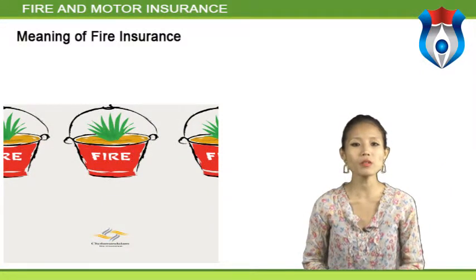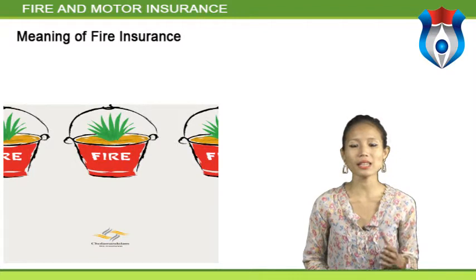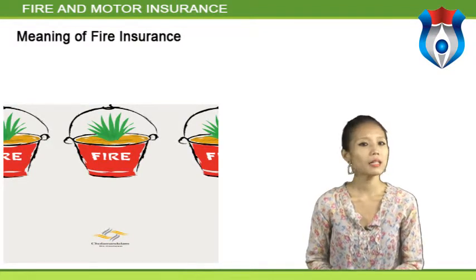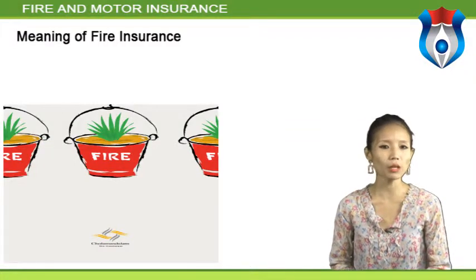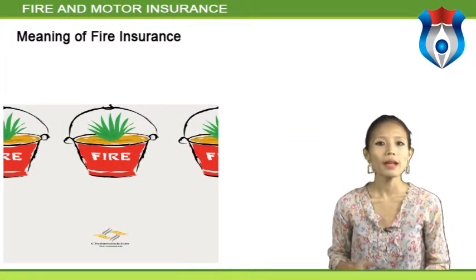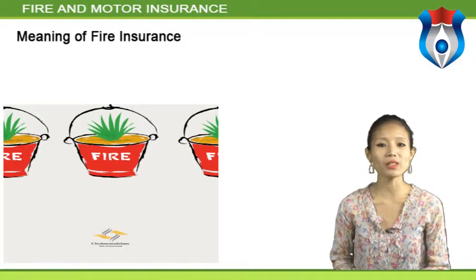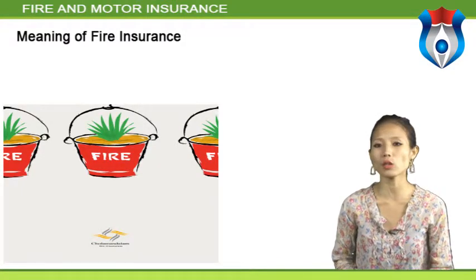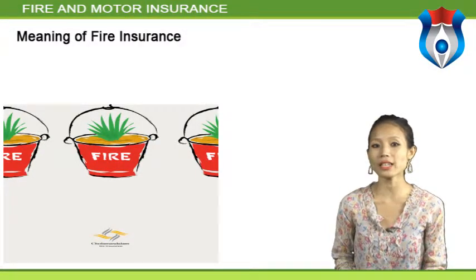Meaning of fire insurance. The term fire in fire insurance is interpreted in the literal and popular sense. There is fire when something burns. In other words, fire means visible flames or actual ignition. Simmering, smoldering are not considered fire in fire insurance. Fire produces heat and light, but either of them alone is not fire. Lightning is not a fire, but if it ignites something, the damage may be due to fire.